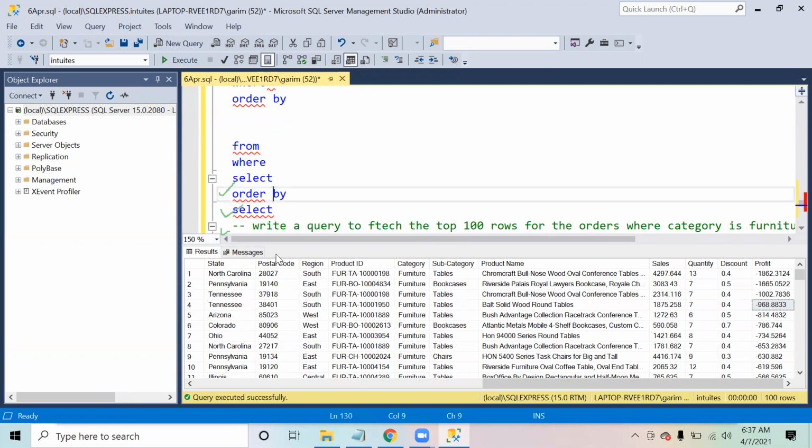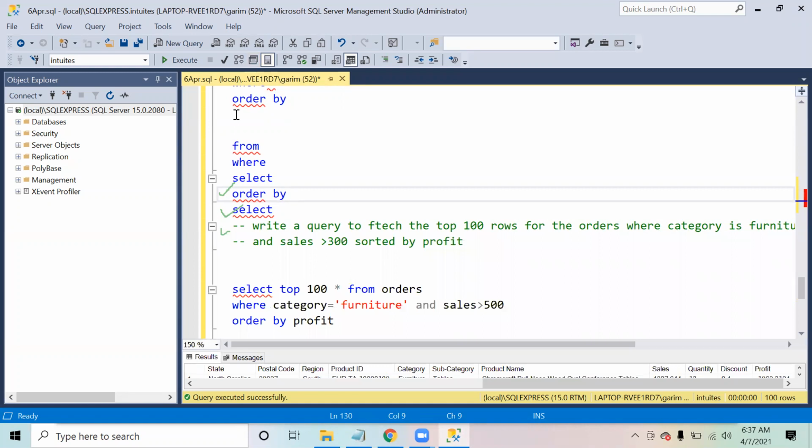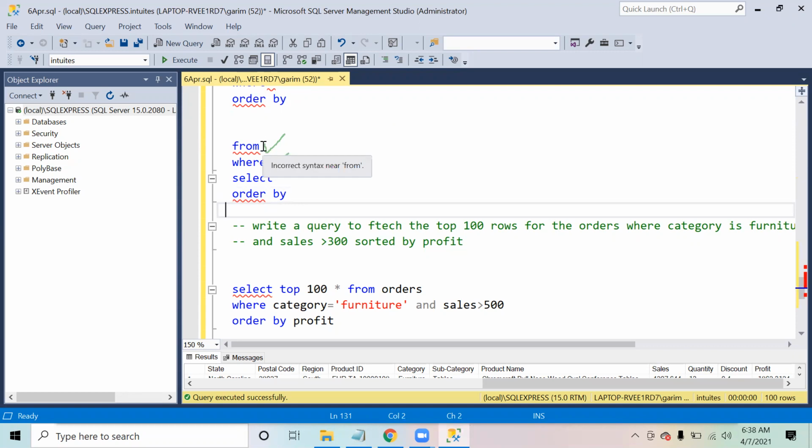So what SQL Server is going to do is, first of all, it will go to the table from where the data has to be picked. Then it will apply a filter, that is, what filter has to be applied on that data.